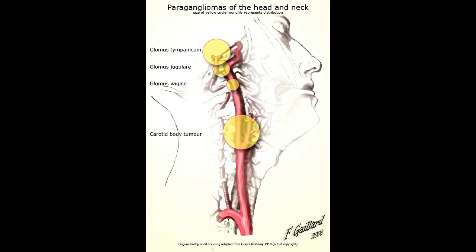injury. When evaluating a carotid body tumor, it is also crucial to look for additional paragangliomas in other locations, such as the jugular bulb, vagal region, or tympanic cavity, since multicentricity is not uncommon, especially in familial cases. For this reason, a careful review of the head and neck should always be performed when one of these tumors